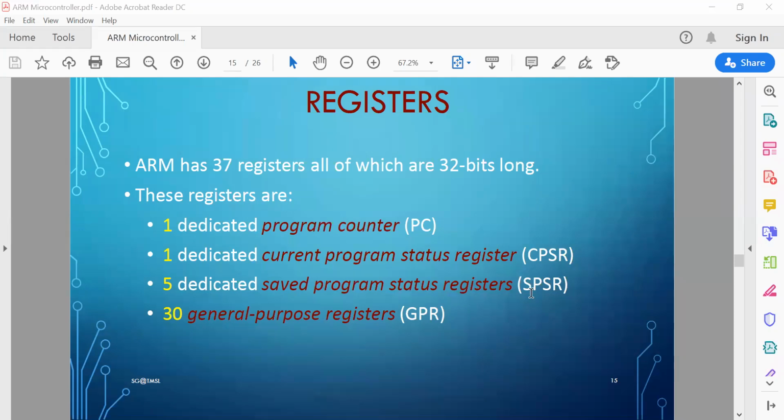But in ARM, there is no support for stack. There is no instruction to push or pop in stack or from stack. Suppose a program is running, current status is stored in CPSR. There is an interrupt that has come. The content of the CPSR will get copied into an SPSR, then the interrupt handler will run.